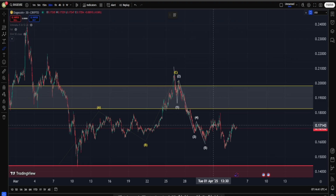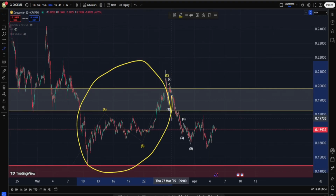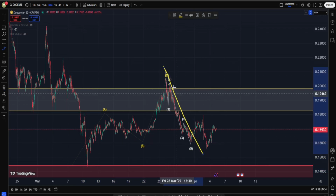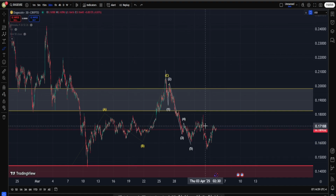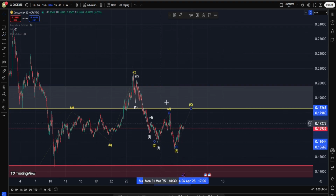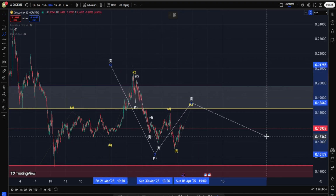We are here only talking about the probabilities, but based on what I'm seeing in here, meaning a slow and choppy move up, some sort of a three-wave movement, followed by a very quick and strong move down in form of a potential 1, 2, 3, 4, 5 wave, which took this low. Okay, I'm going to say in Dogecoin we might be a bit more bearish than bullish, and this might again be an ABC structure, and before that we had in here a 5 wave. So on a higher degree, who knows, maybe this is 1, this is 2, and what's going to happen next, we